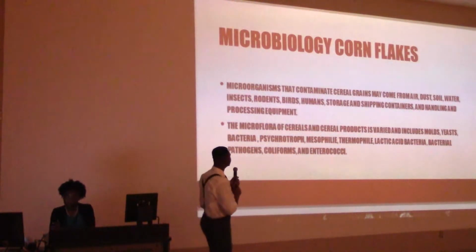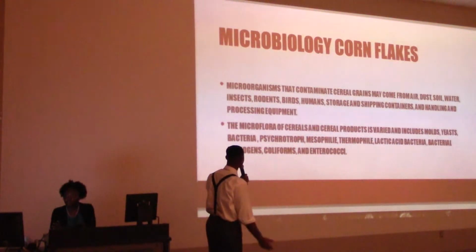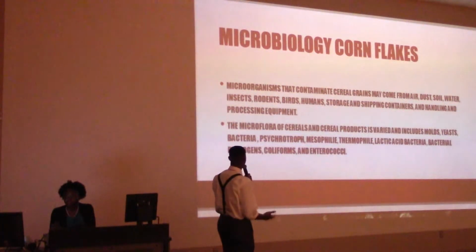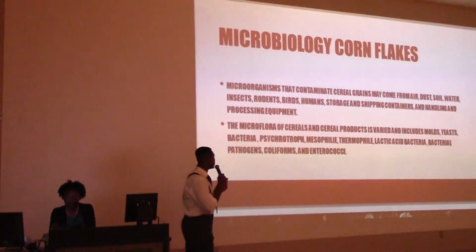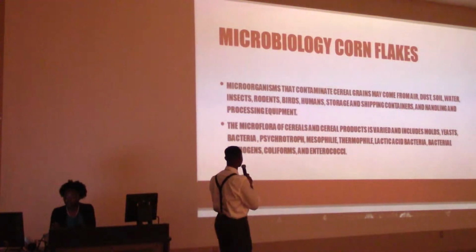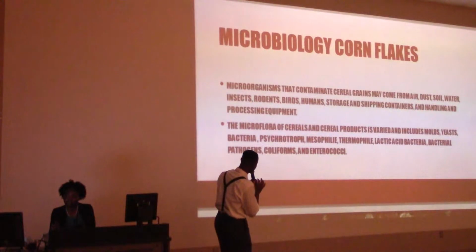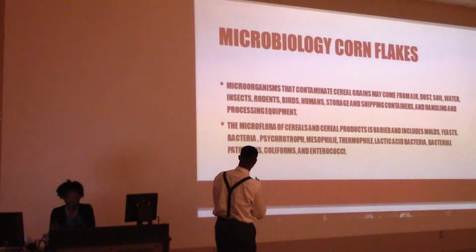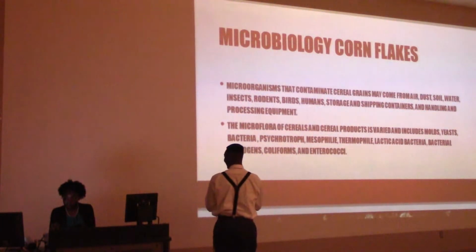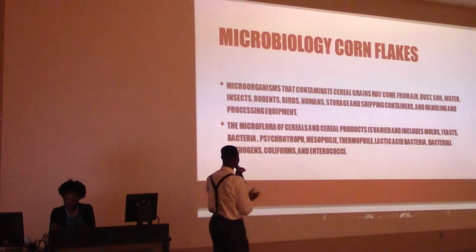Microbiology behind it. Microorganisms that contaminate cereal grains may come from air, dust, soil, water, insects, rodents, birds, humans, storage, shipping containers, and handling and processing of food. The microflora of the cereal and the cereal products includes mold, yeast, bacteria, psychrotrophs, mesophiles, thermophiles, lactic acid bacteria, pathogens, coliforms, and